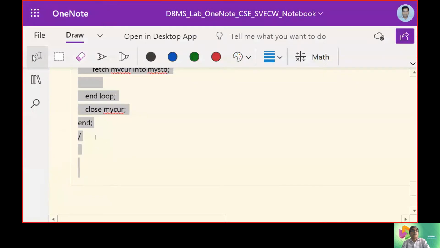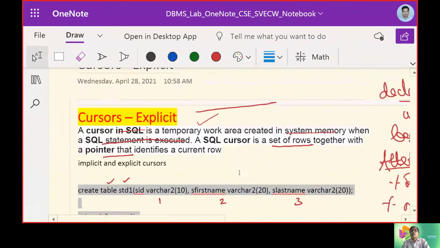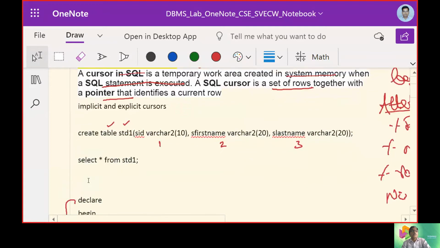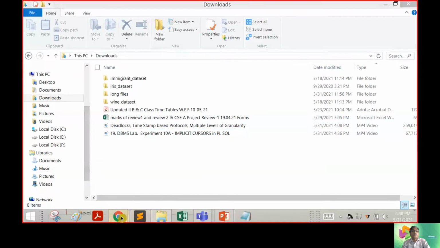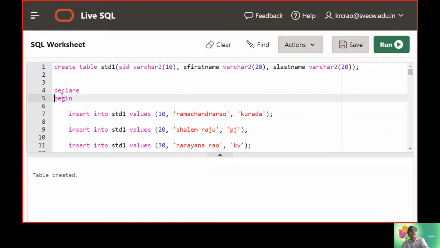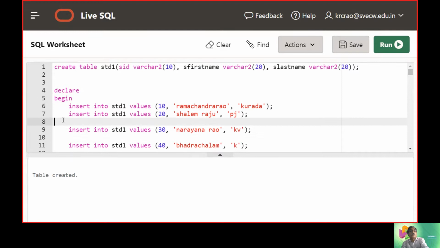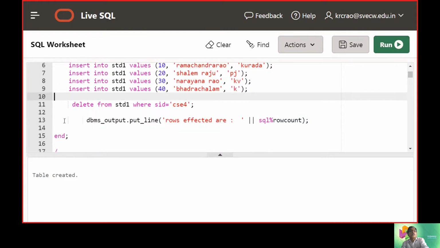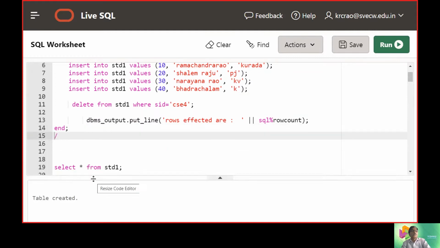So we will move to this work area first to integrate the things. Table was created. Then we will move to this aspect, bring up the insert command, and then the delete command, and see how it is executing the procedure.